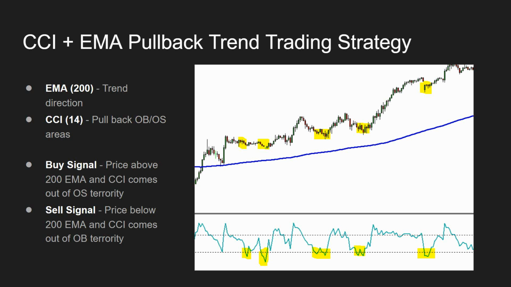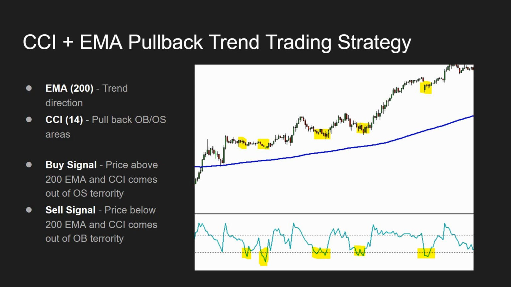Then we use the Commodity Channel Index, which is again an oscillator very similar to the RSI and stochastics, which work for overbought and oversold levels. And what we're looking for is for price to come out of overbought or oversold levels while price is above or below the exponential moving average, to then go take a trade. And the default period is the 14 period, and again for this backtest we have stuck with the default 14 period. So very simply, in terms of a buy signal, the price has to be above the 200 EMA, and the CCI has